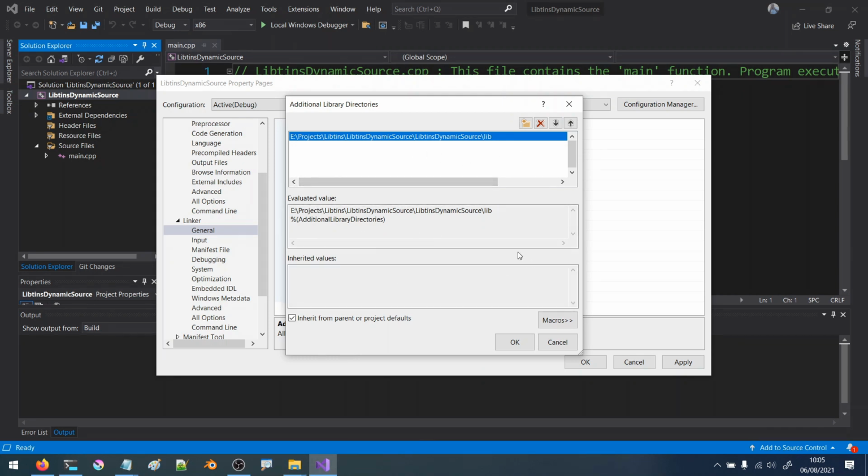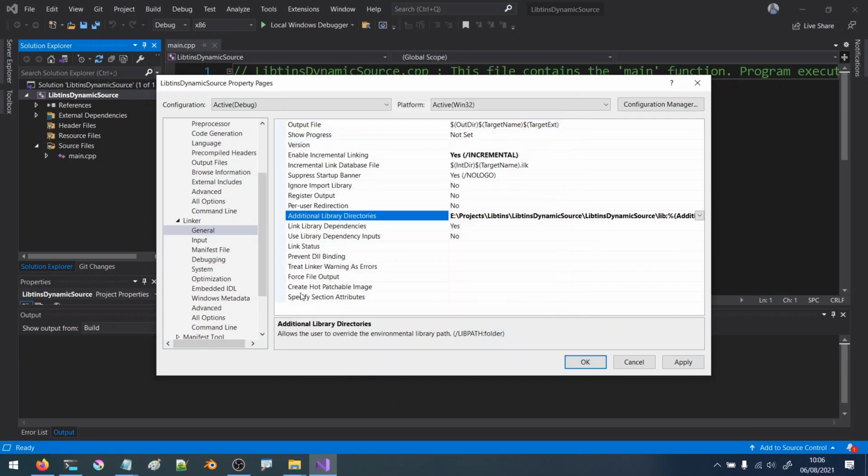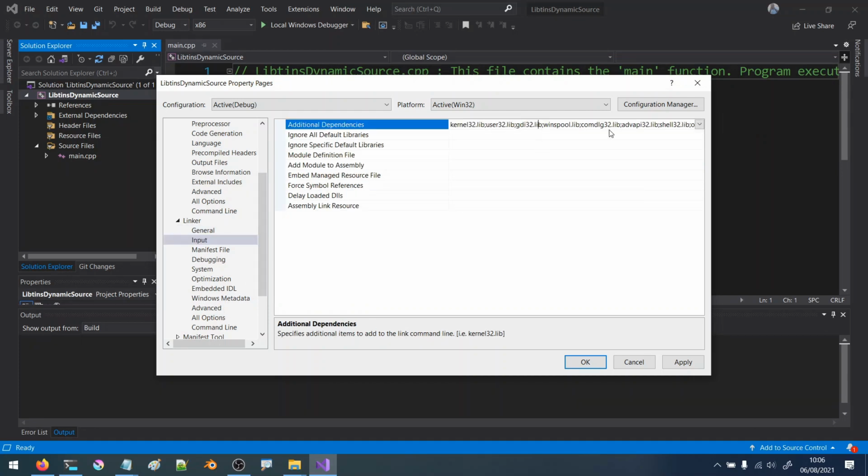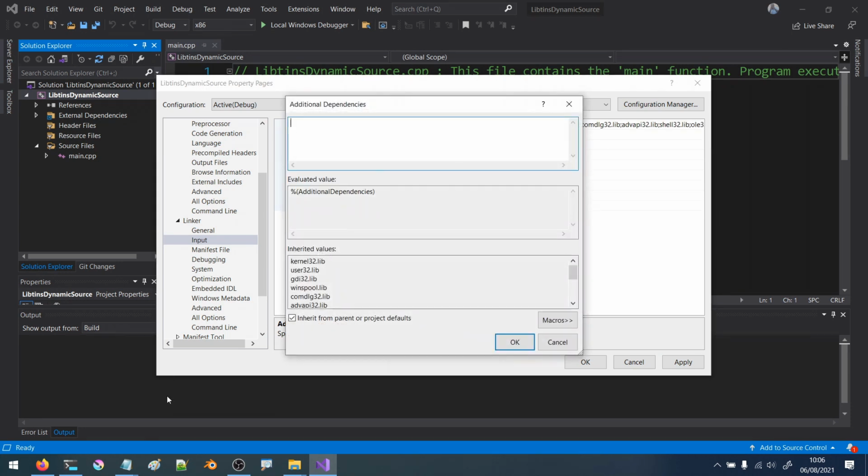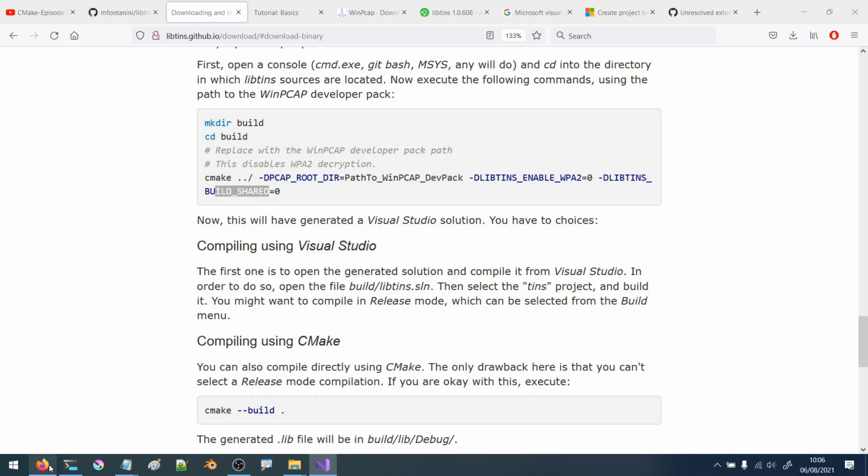Even if we are linking against the dynamic library, please know this. So we're going to put this location here, and we're going to be putting in our input, and we're going to select this, and we're going to make it use the same things. So we're going to go back to the site,